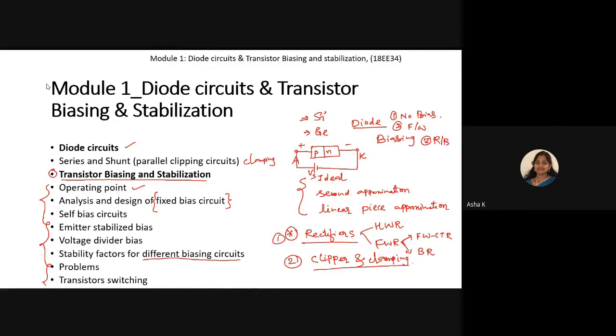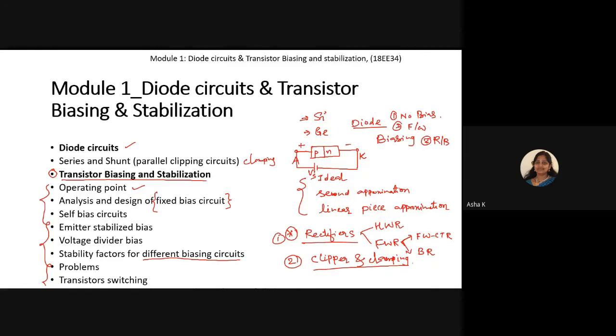Okay, so last class we were discussing the diode basics. I was telling you about the semiconducting materials, and we discussed silicon and germanium semiconducting materials. Also, the recap of the working principle of a diode when it is not biased and when it is biased. When it is biased, we have two conditions: forward biasing and reverse biasing. And also in the last class, we started with the PN junction, anode and cathode terminals of the diode, and it's a single junction diode.